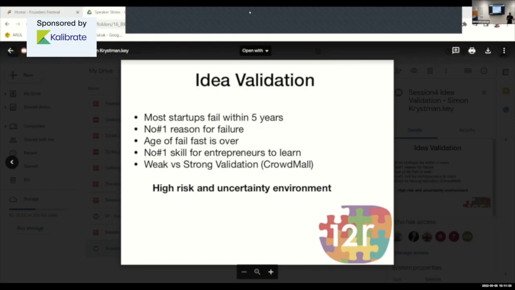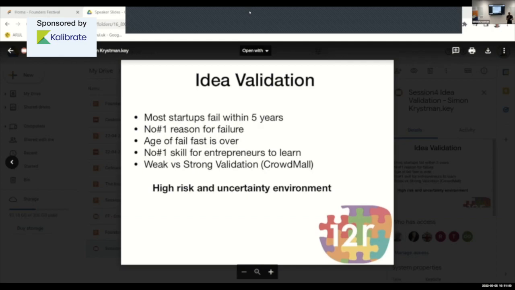There are fake doors. There are all of these terminologies. That's probably a fake door. Broken promise tests. I won't go into them all today, but you can connect with me later. We can talk about them, right the way through to really strong validation